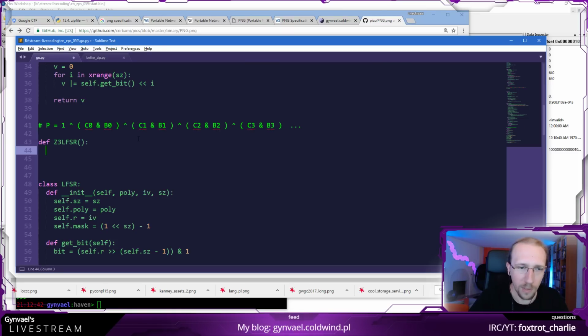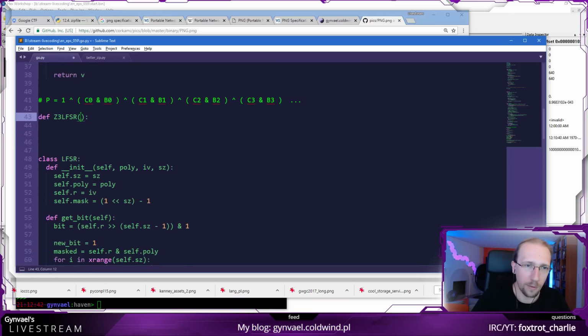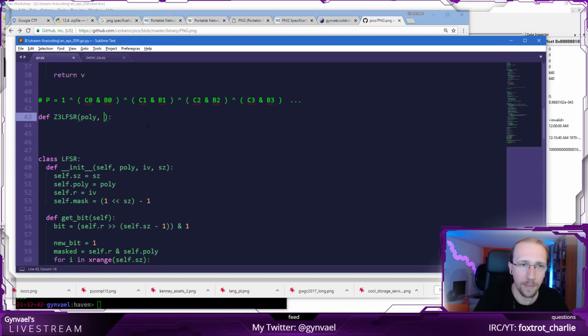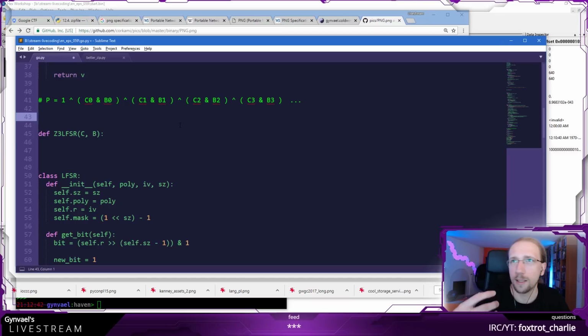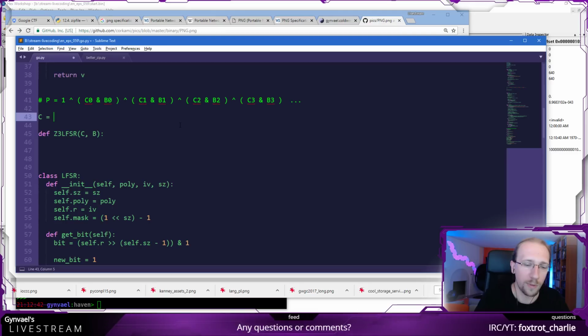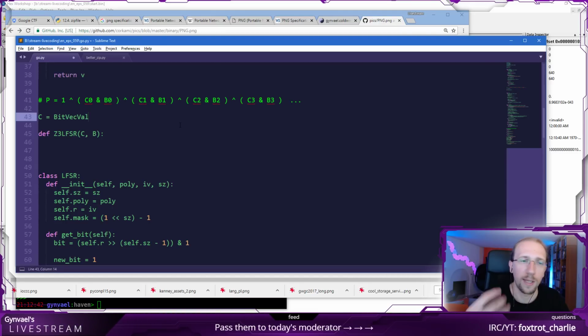Cool. So this means that we are going to get the polynomial, I guess. So the poly. This is the CSS, just call it C. And then we are going to get the bits. And in case of Z3, this is actually something called a BitVec. It's a type which is a bit vector. A bit vector is like a register, right? With unknown values.